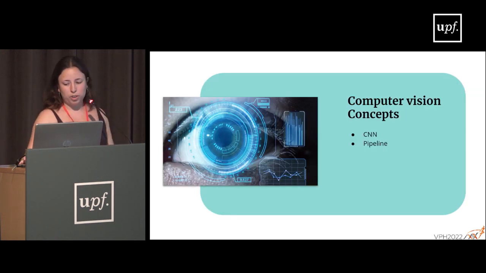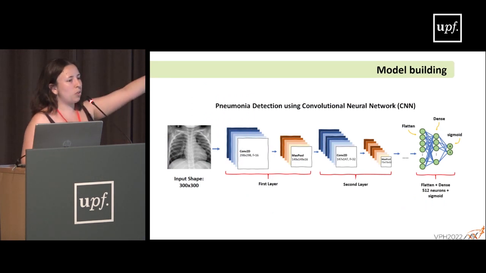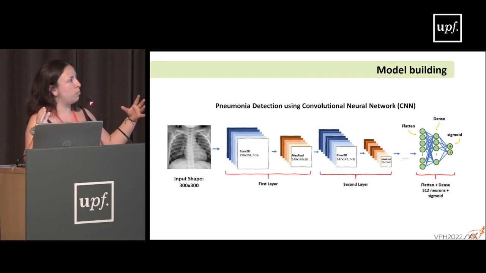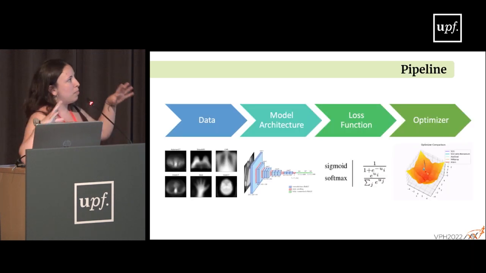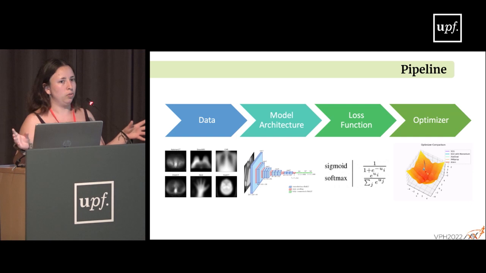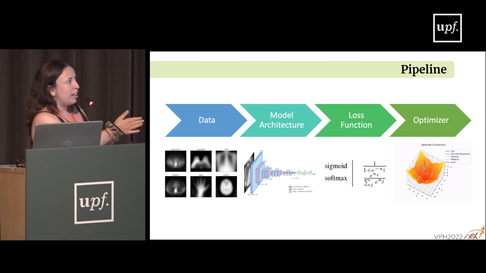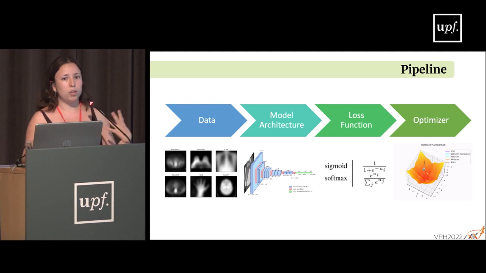So moving on to computer vision concepts, we have to introduce you to CNNs. Convolutional neural networks are deep learning architectures that are very commonly used in computer vision in order to train models and be able to make new predictions. And this is the typical pipeline that a computer vision application follows, where first we begin with the data acquisition, where we need a big enough data set with good enough images in order to properly train, validate, and test our model. Then we have to choose the model architecture that